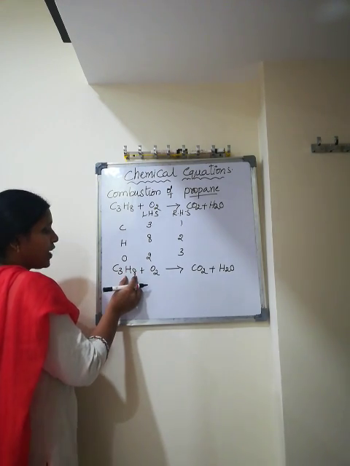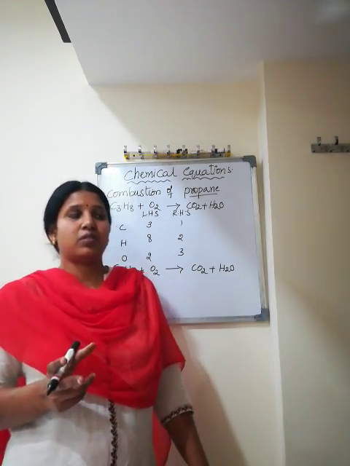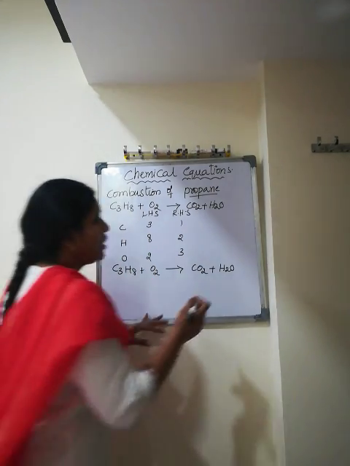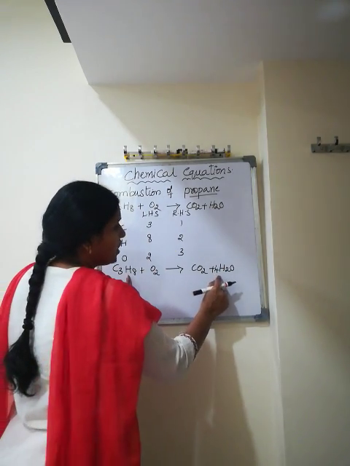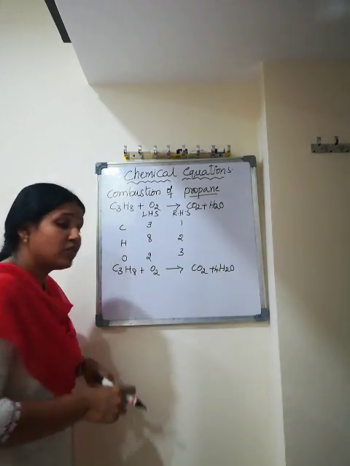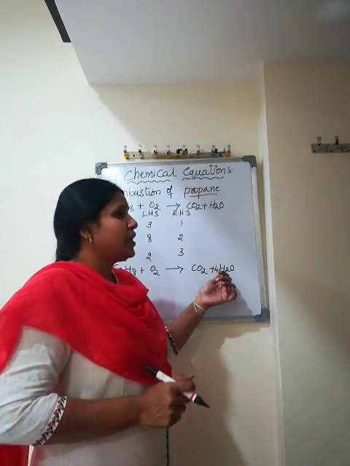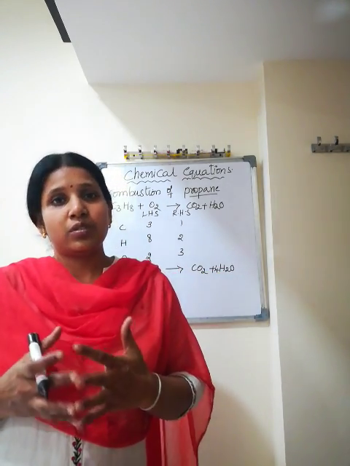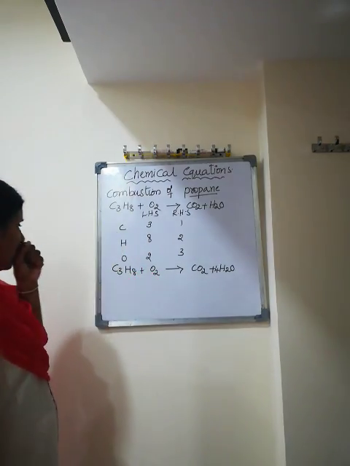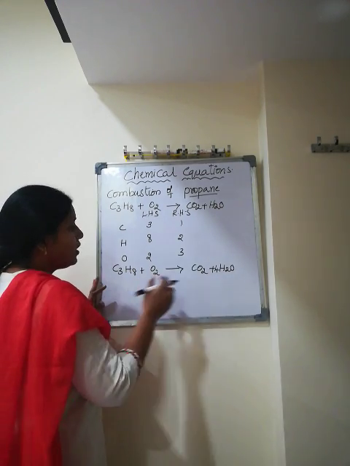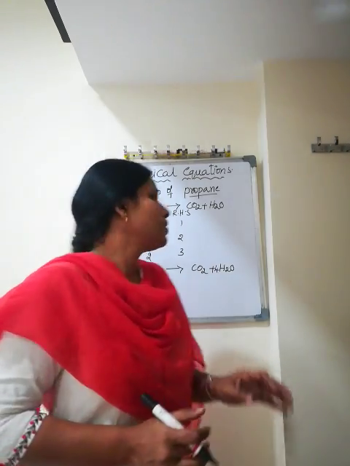In the reactant side, we are observing 8 hydrogens. Coming to the product side, you have only 2 hydrogens. So to balance that, you have to keep the number 4 here. Then hydrogens 8, here 4 2s are 8 hydrogens. Hydrogen atoms are balanced. Remember children, while giving that number, we have to introduce that number only before the chemical formula.